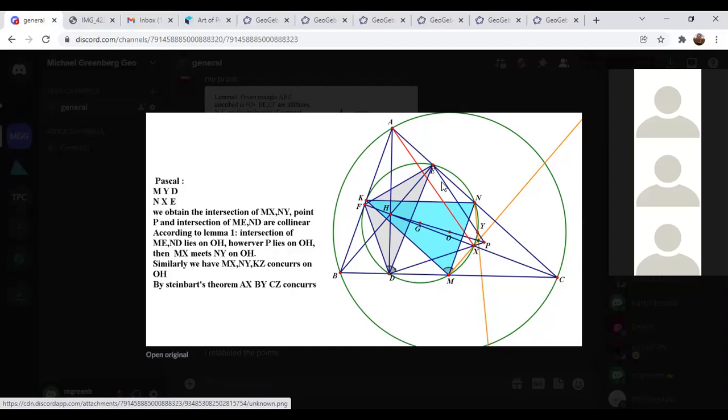In a problem like this, you don't really need to draw Z because they have the same role. You just need to draw one or two points. Yeah, it's enough to understand the proof. So since they all concur on OH,